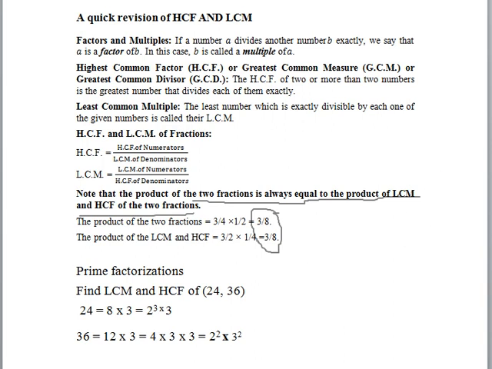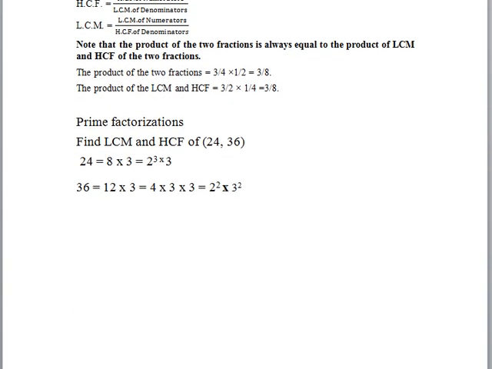Now let us take one exam question to understand how to find the LCM and how to find the HCF. Using the prime factorization method, find the LCM and HCF of 24 and 36. 24 I can write as 2 cube into 3, and 36 as 2 square into 3 square. To find the LCM, I'll take the highest power of each number present here. The highest power of 2 is 3. The highest power of 3 is